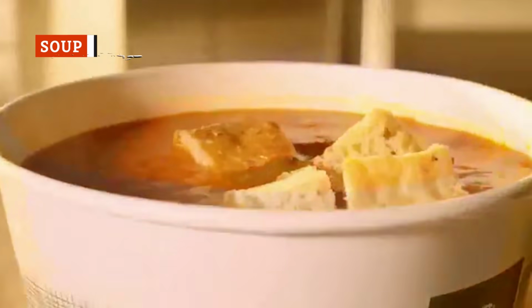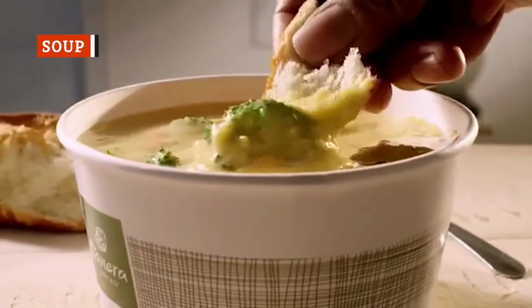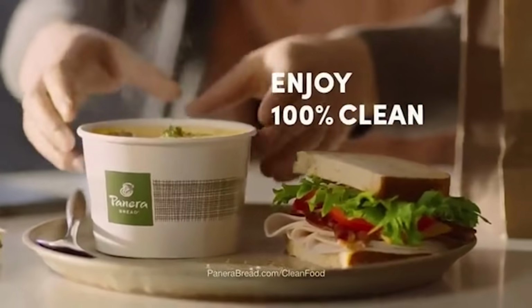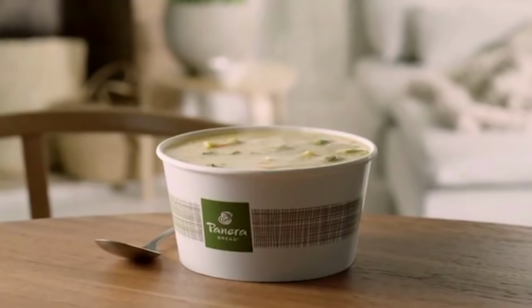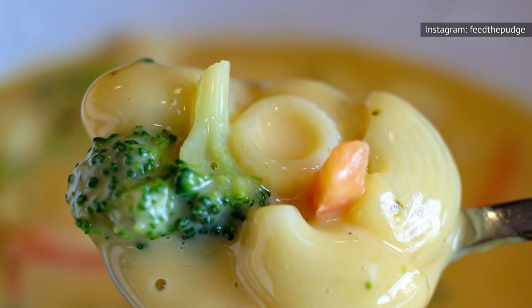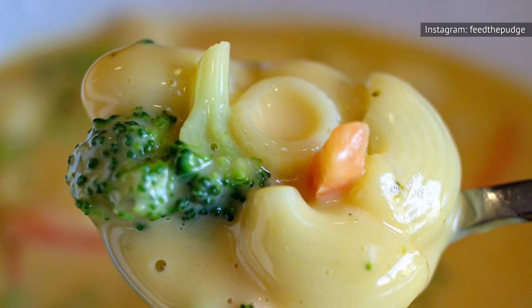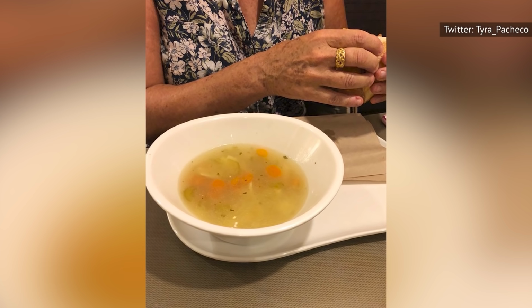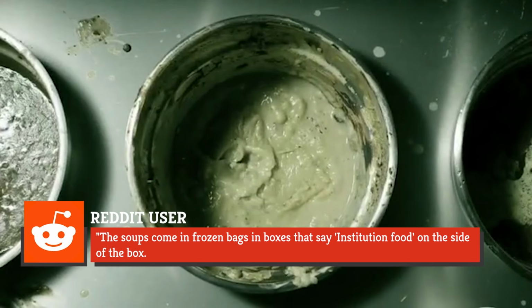One of the biggest menu sections at Panera Bread is the soup. The chain restaurant offers everything from chicken noodle soup to vegetable soups and so much more. But as tasty, warm and comforting as a bowl of soup might sound, at Panera, they're not exactly fresh or healthy. One Reddit user explained something pretty bleak about the soup at Panera, writing, "The soups come in frozen bags